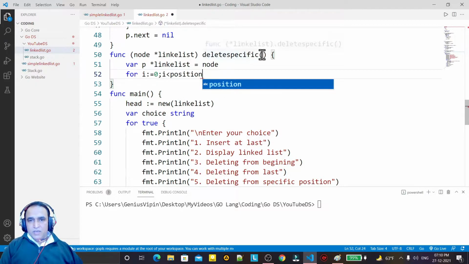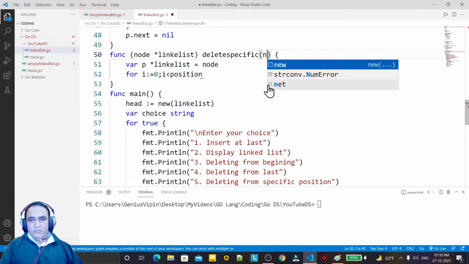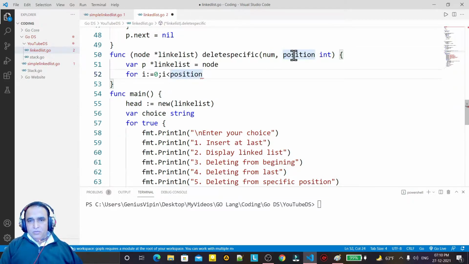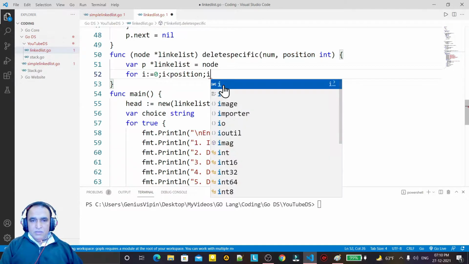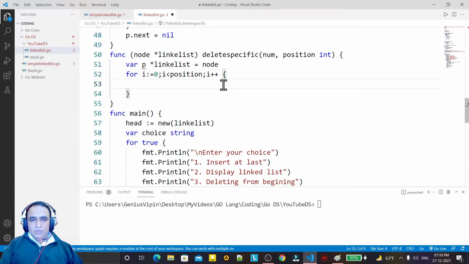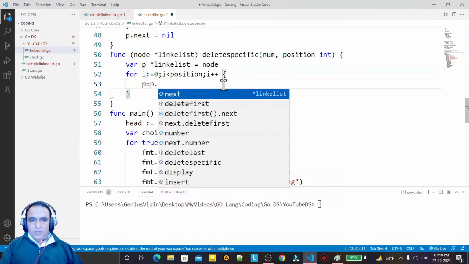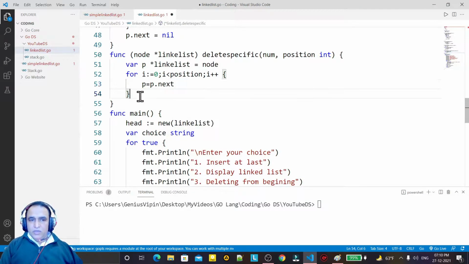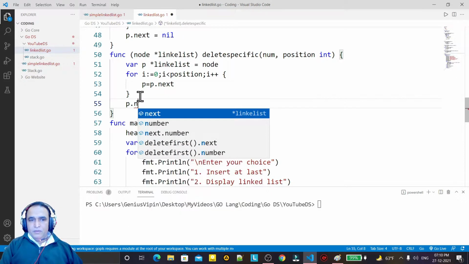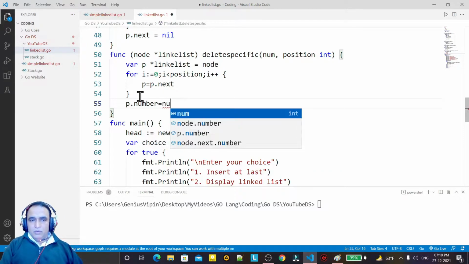It means I have to pass here the number, first is the number and second is the position, where I want to store the information, and i plus plus. So P equal to P next. If the location is found, then I have to say P dot num equal to num.